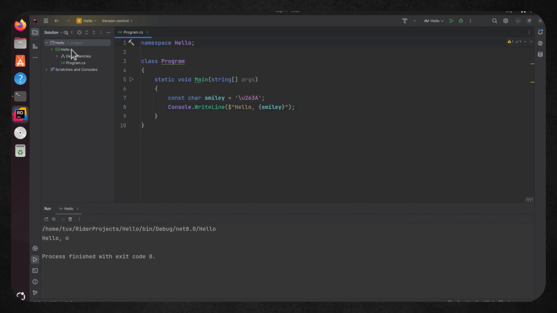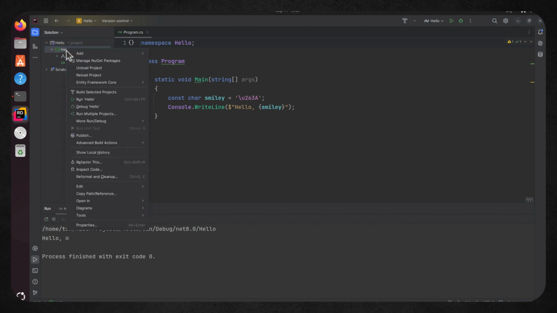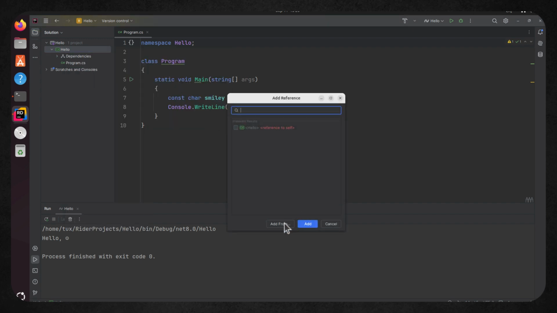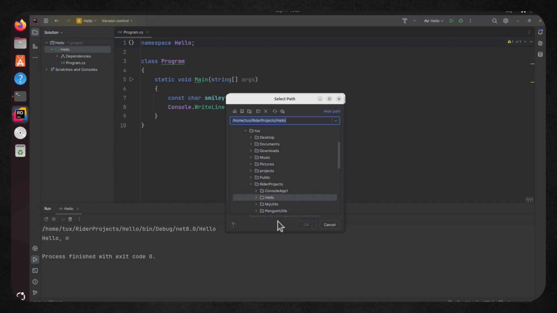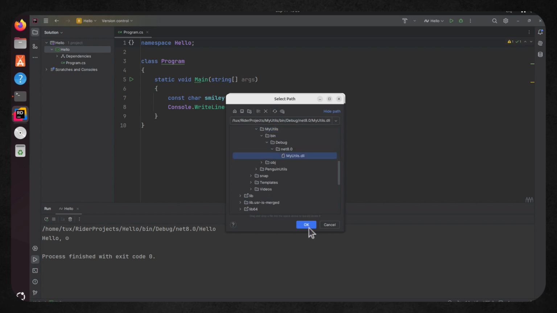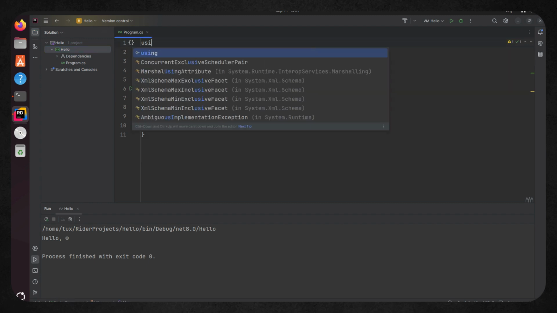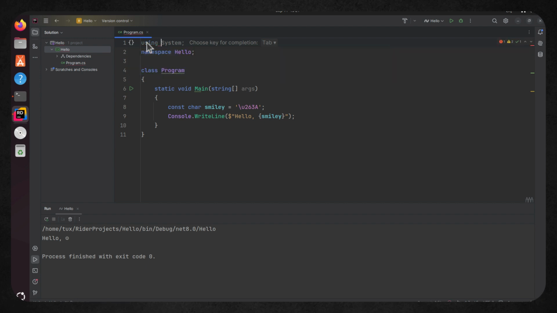And then I can make sure that we can reference the DLL file so we know that it's available to us. So I can go through to the project, add a reference, add from, and then browse to the DLL file. I'm going to find the DLL files within the directory, navigating down to bin for binary, and then all the way down to the myutils.dll file. This is just making a static reference so that my project now knows about it.